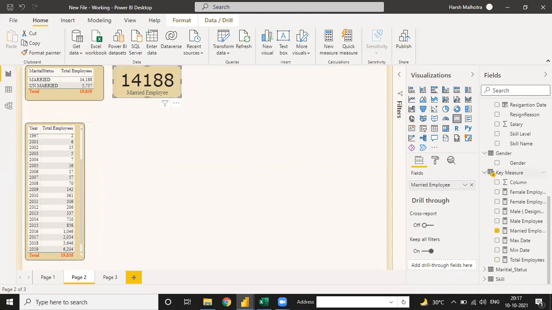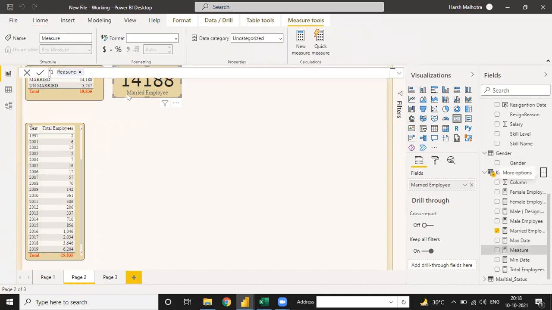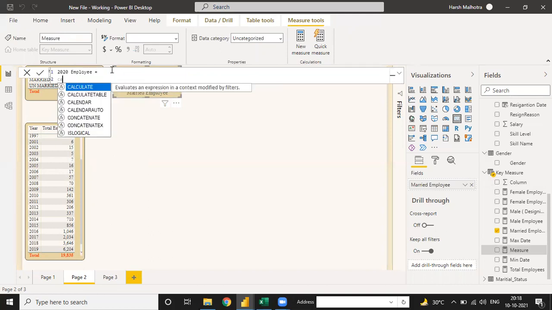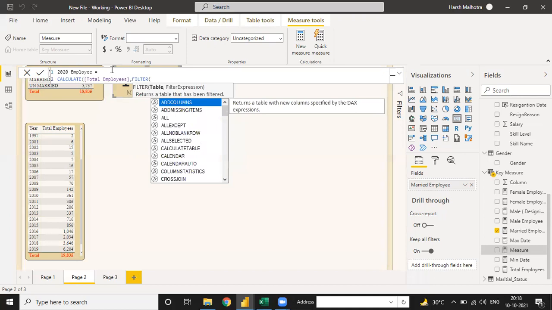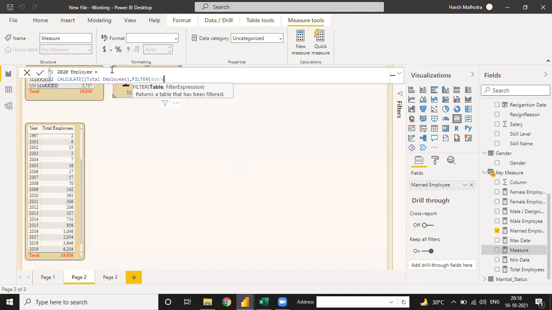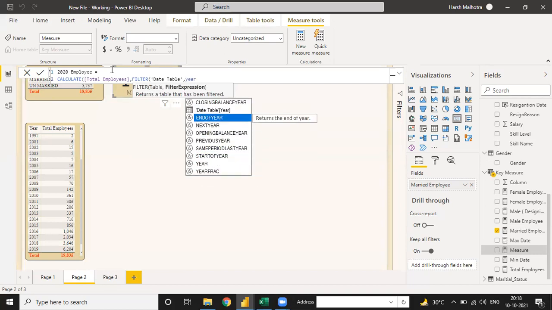Same way, if we need particular year-wise data in our card chart, how to identify it? Just use the same calculate and filter function. So I'm going to write 2020 employee. Write calculate, mention the total employee, and the filter function table is the date table, where we are using year.